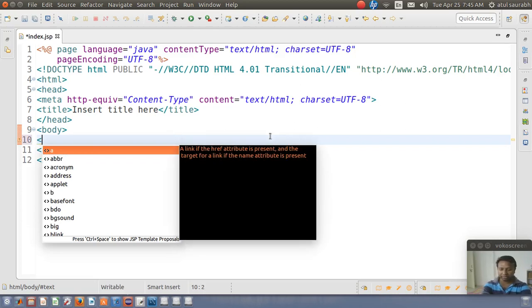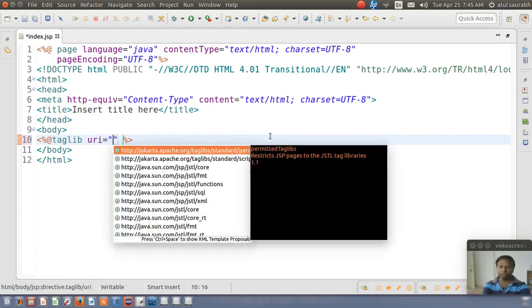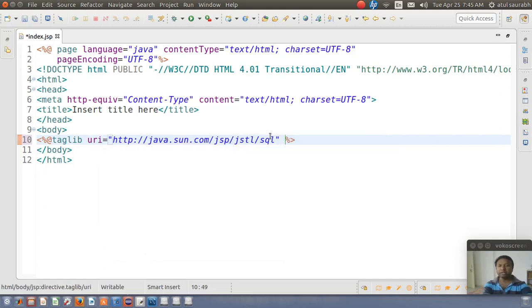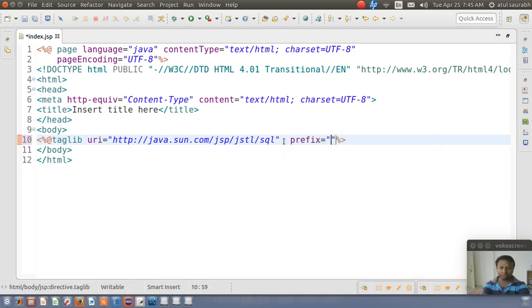To specify where the tag is, we need to use taglib. The URI here I want to use is this, because I want to process SQL, and the prefix I want to use is sql.